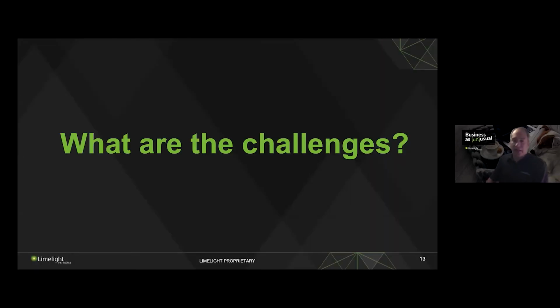So what are the challenges that this is going to bring about if we're in a world where, in addition to distributing more and more content, we also need to look after the interactivity, we need to look after the security, we need to look after the relevance of the content to the individual, and we're going to move more processing into and towards the ISPs and more towards the device? What are the challenges that this brings?